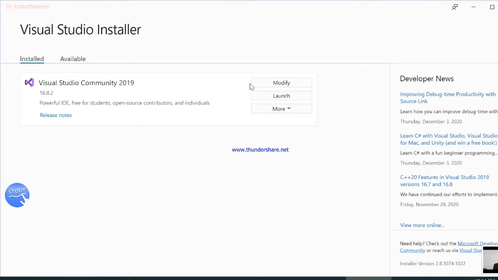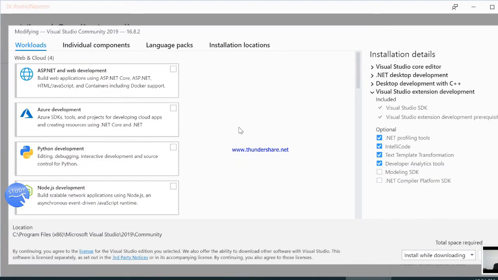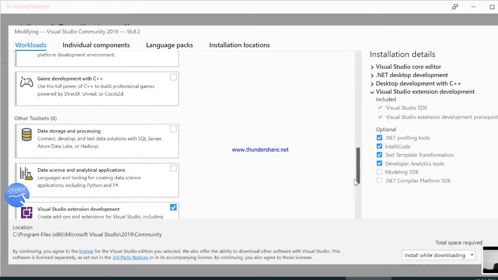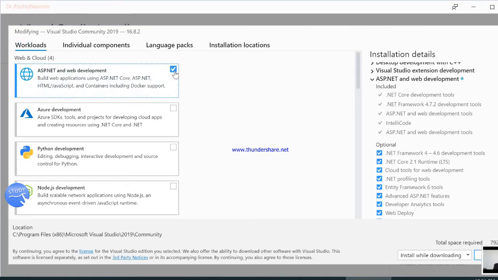Okay, you can modify and add different components to your Visual Studio. You can see there are a number of workloads that you can add. How can you add them? Just by clicking the check box with each workload.